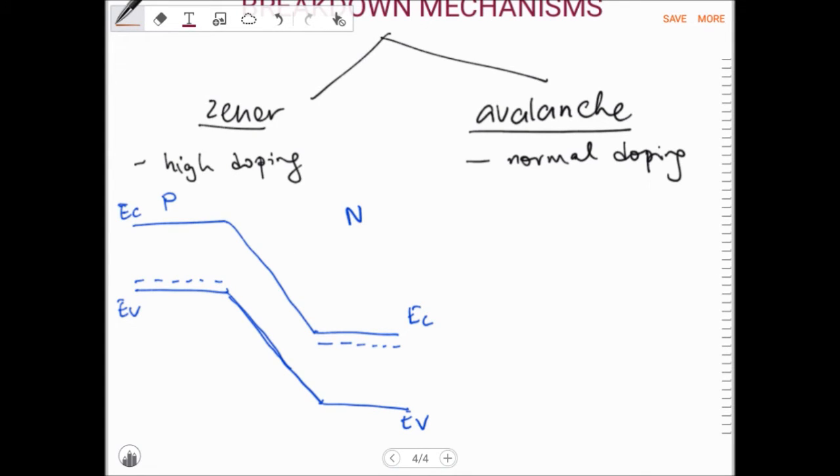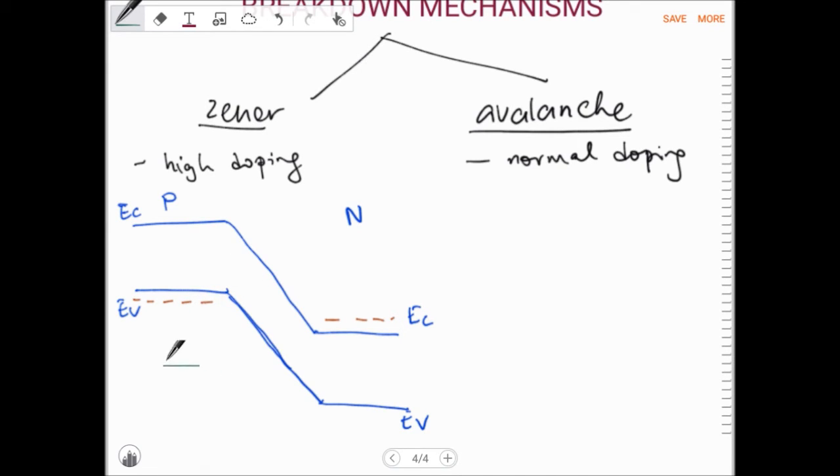What happens here is that for Zener breakdown, because of the high doping, sometimes they could degenerate. The Fermi level can go inside the conduction and the valence band. So if I draw a true Zener diode, you have the Fermi level inside the conduction band and the valence band. Normally for reverse bias, you won't see much drift current. Drift current is due to the minority electrons drifting from P to N, and minority electrons drifting from N to P. But for Zener breakdown, when you have a lot of doping like this,